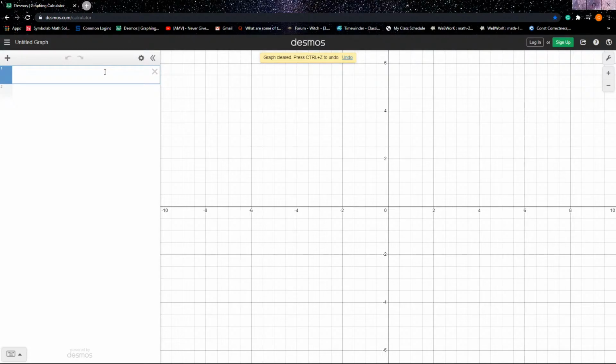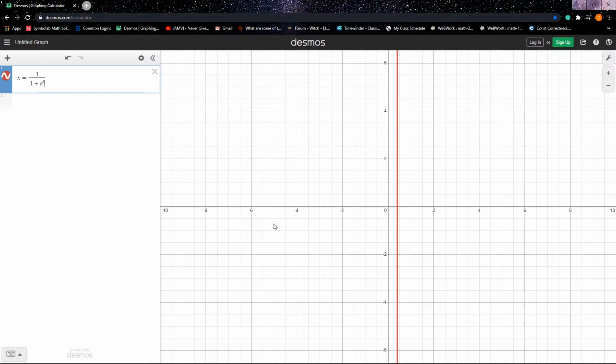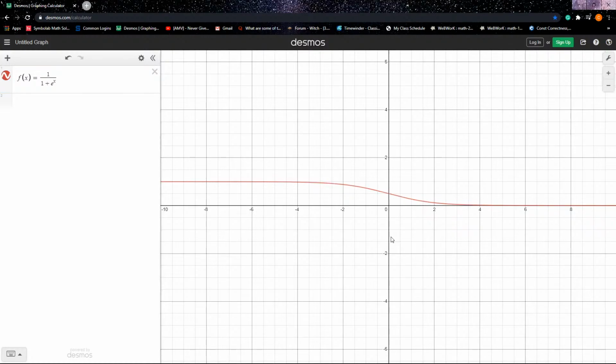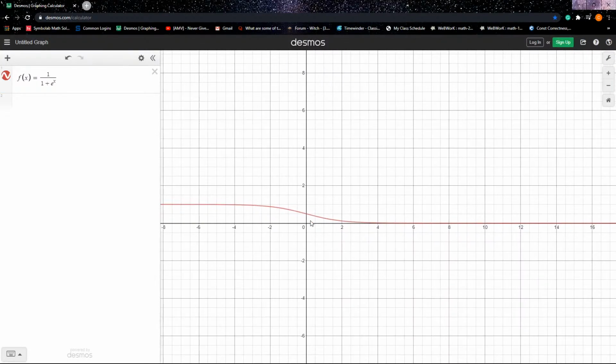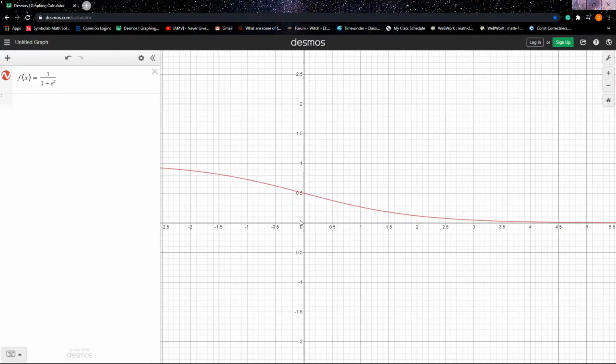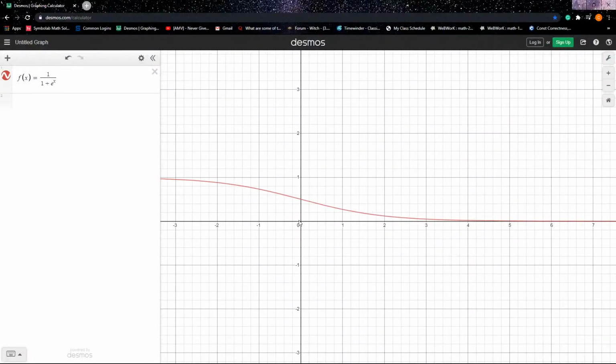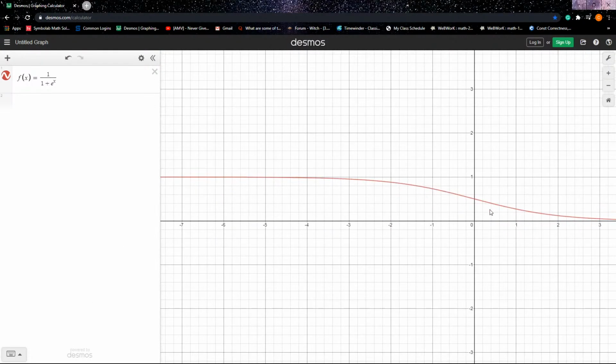So what is... oh, this is a constant. So if we want to find the area under the curve,